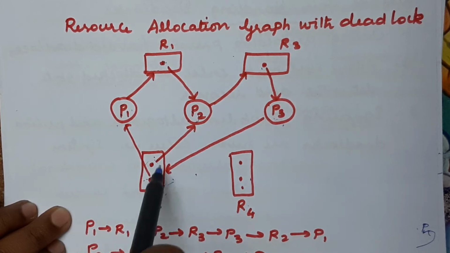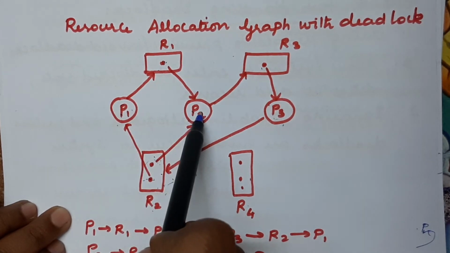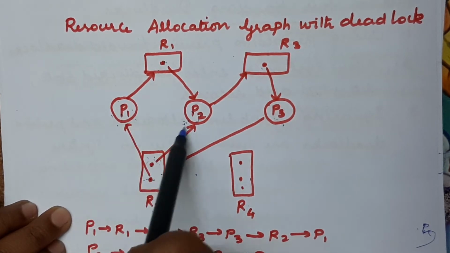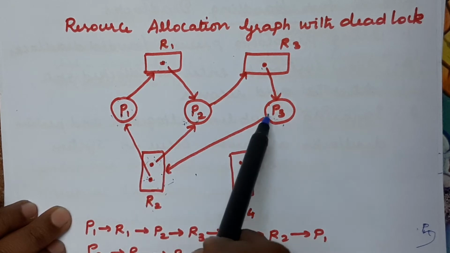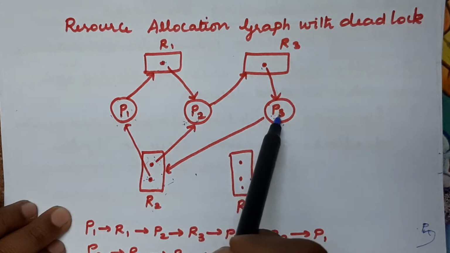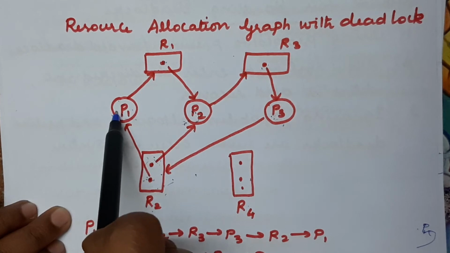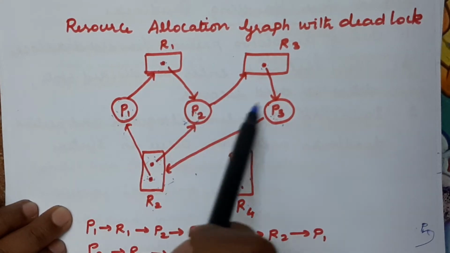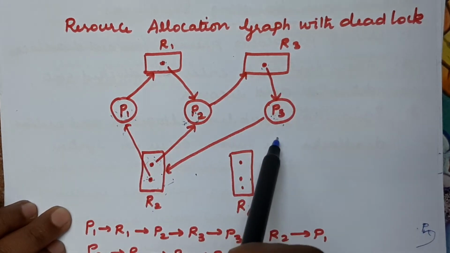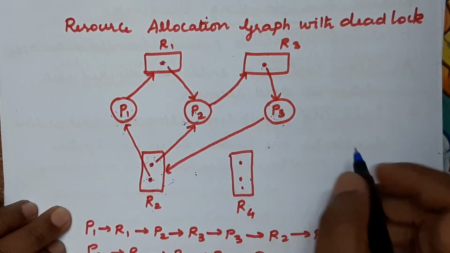This particular resource R2 has two instances. So one has been already allocated to P1 and another one is given to P2. So it is actually waiting for both the processes. If any one of the processes releases this resource, then it will get it, right? But only after the completion of P3, P2 can get the resource and afterwards P1 can get the resource. So it will not release until the completion of the P3 process. So it forms a cycle and it is nothing but the deadlock. So this particular resource allocation graph will lead to deadlock.